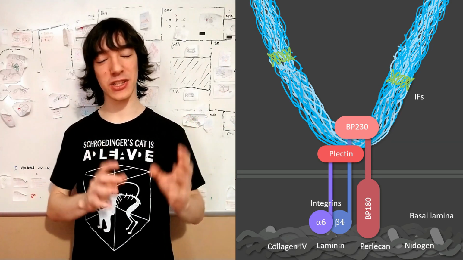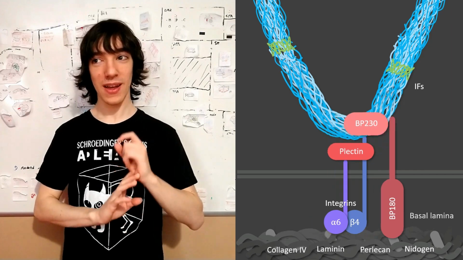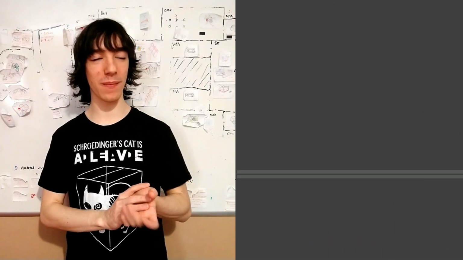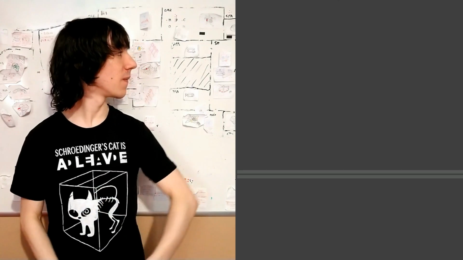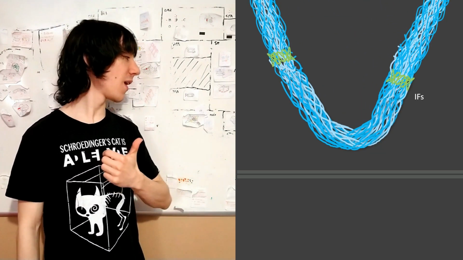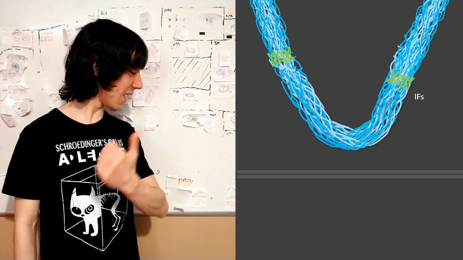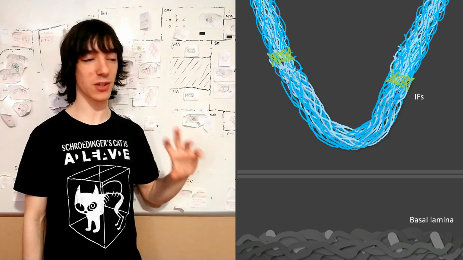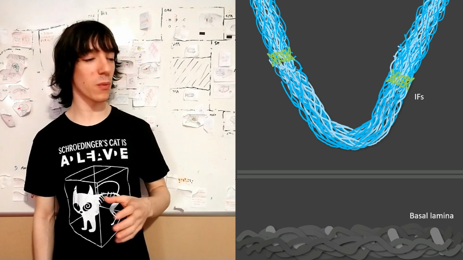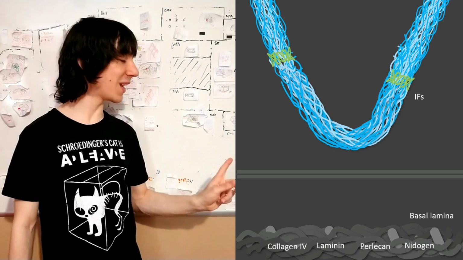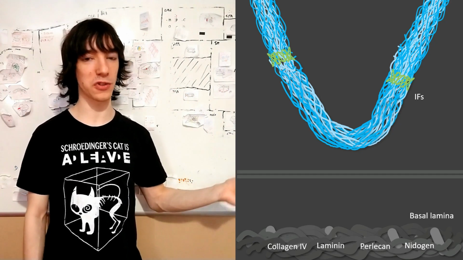Alright, enough of that. Let's talk about how to make a hemidesmosome, what proteins it's made of, because we have already mentioned some of them, but not all of them. The basic elements we need are intermediate filaments, a membrane, the membrane of the cell, in the basal side to be more precise, and the extracellular matrix, or in this kind, the basal lamina. The main proteins in the basal lamina, by the way, are collagen, laminins, perlecan, and nidogen. I don't know how to pronounce that actually.